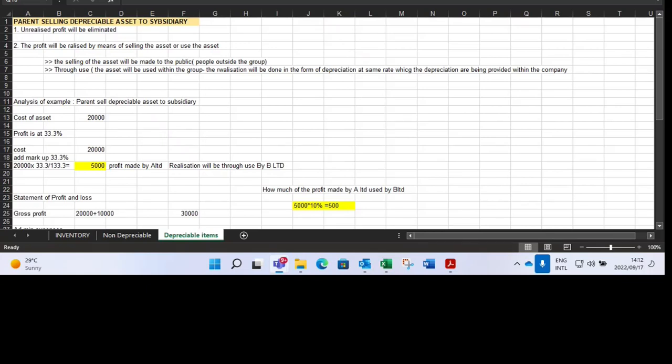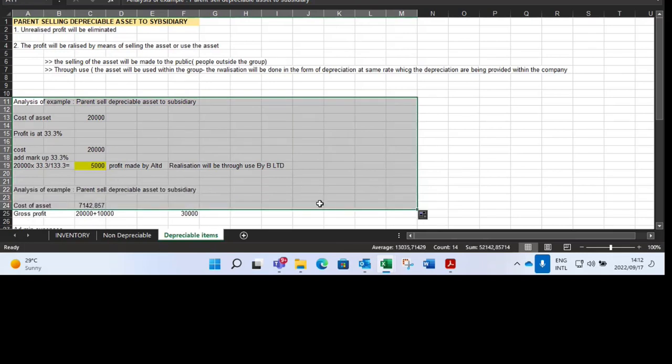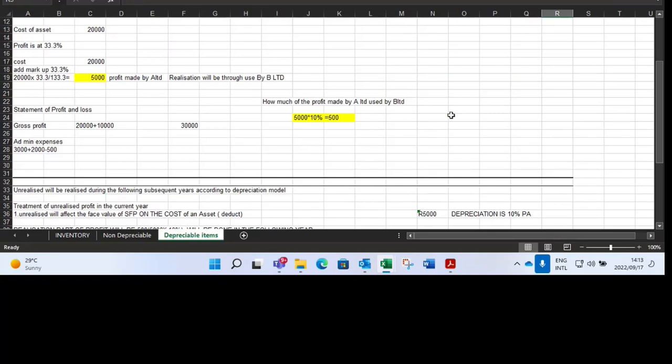Sir, should we write the calculations as well? Sorry? The example analysis. This one, you refer to this part? Yes, sir. Yeah, you can write it if you feel comfortable because it's going to go hand in hand with this information, the one of 5,000 something. So I'm going to just give you the notes, the treatment. I think you can do it on your study guide following my notes because now we are almost on 14:30. We're no longer having time for continuation with these two examples, but I can give you the notes for the treatment of the two methods where the assets are sold by the subsidiary, where the assets are sold by the parent, and they are both depreciables. Then when you're doing the examples on your side, you can follow my treatment of the notes, and where you don't understand, then you raise a question,